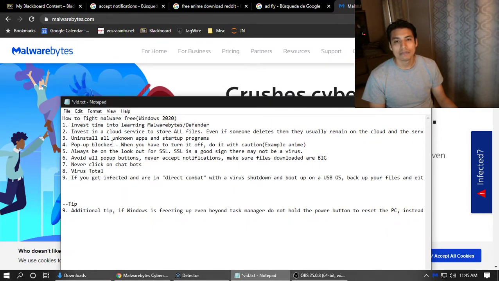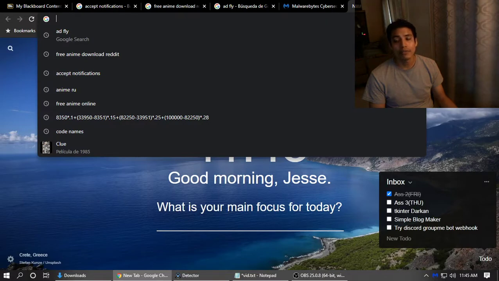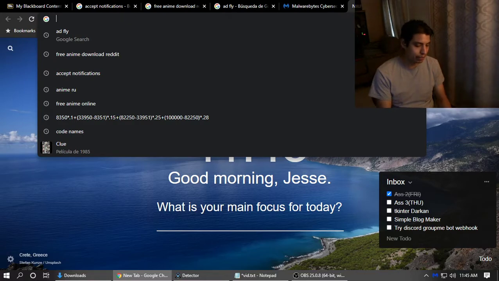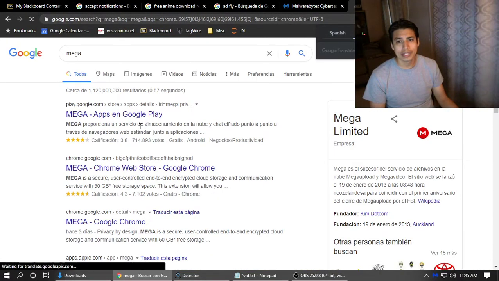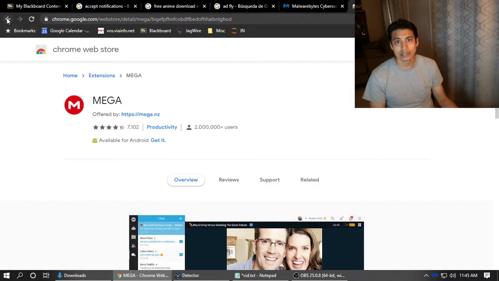Also, the next step, which would be a cloud service. So I recommend investing in Google Drive financially. It's not that much, but if you're going to be downloading terabytes of information, maybe you find another one like Mega. Mega is much more, so I'll show you them. Mega is better for bigger, where is it? What the heck? Mega,